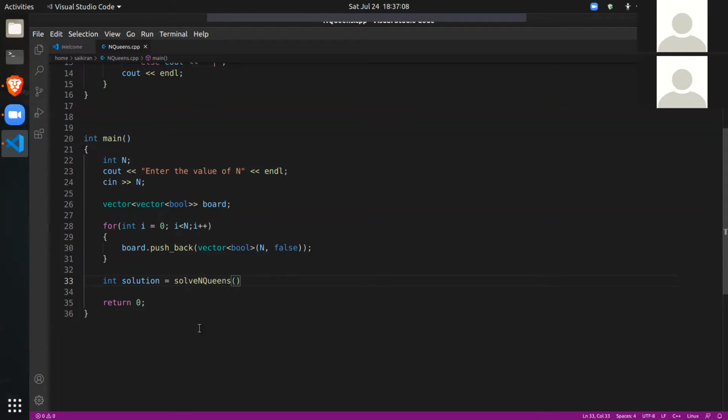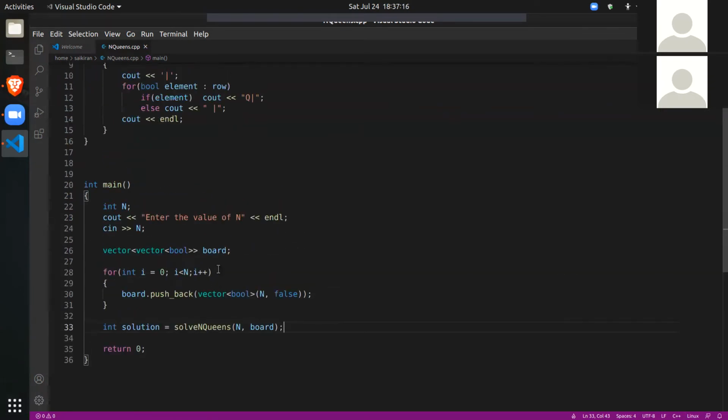So first let's place, how many queens do we want to place? We want to place n queens. And which board? This board. Okay, so we wanted to place n queens on this board. So this will give us a solution, and if solution is equal to -1, that means it is not possible to place n queens, then it will return -1.